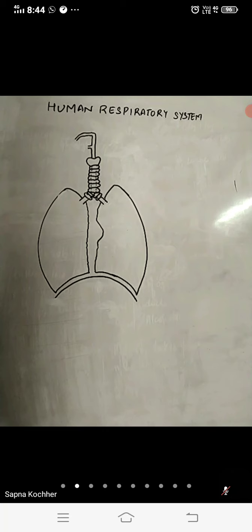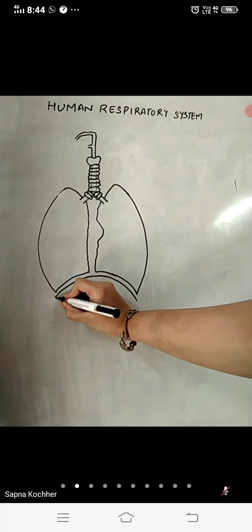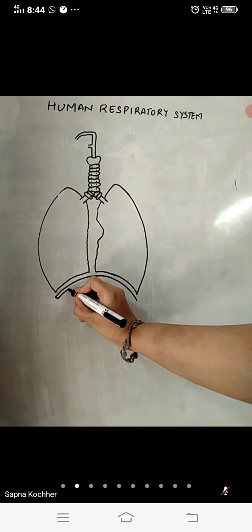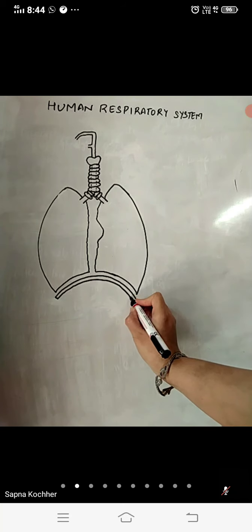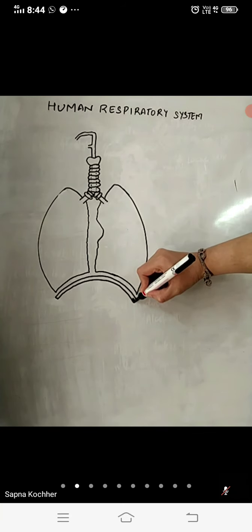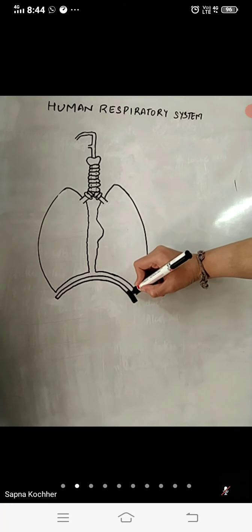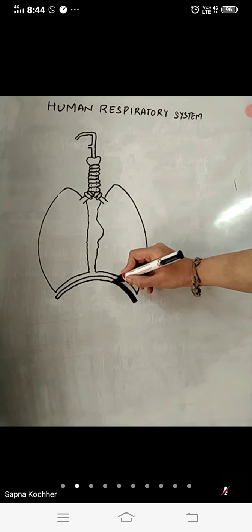clear. After this, now you can broaden up this muscular band. This is the muscular band, that is the diaphragm. So you can just broaden it up. Broadening means you have to show it as a thick muscular band which separates the chest cavity from the abdominal cavity. And also this helps in inhalation and exhalation. This provides a major role in inhalation and exhalation.